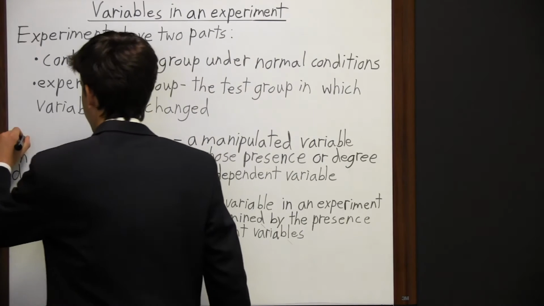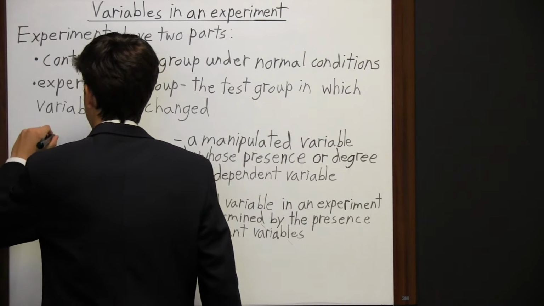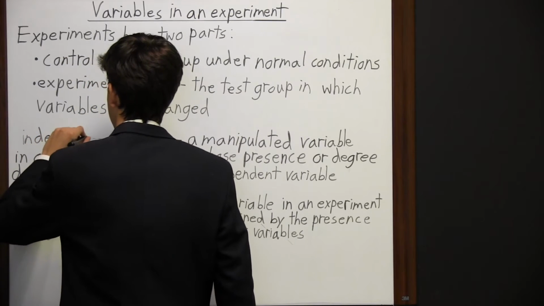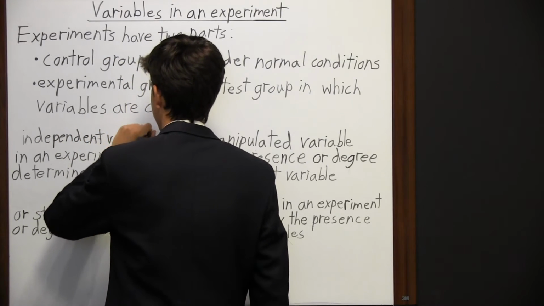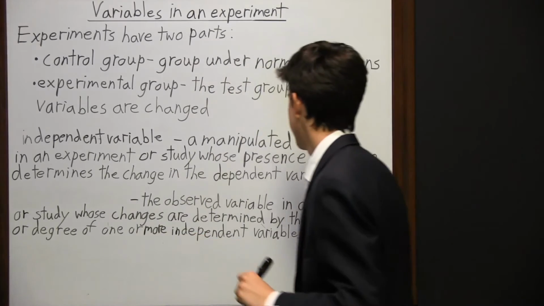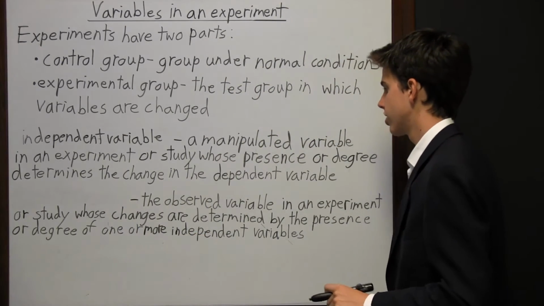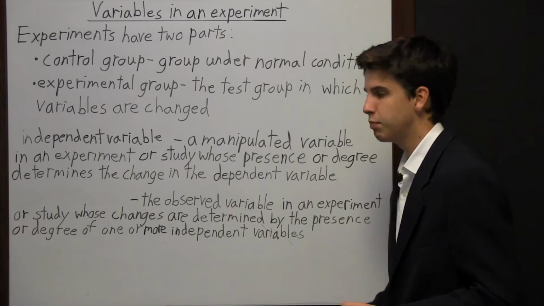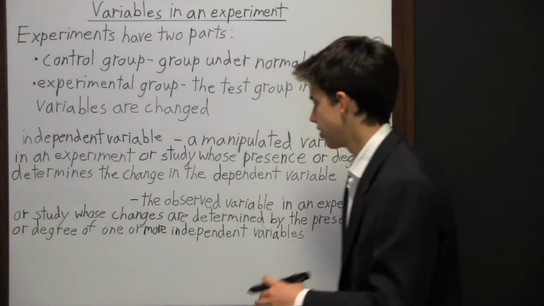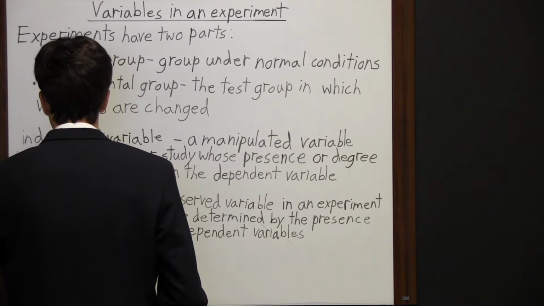So we start out with the independent variable, which is a manipulated variable in an experiment or study whose presence or degree determines the change in the dependent variable. And so then that leads us obviously to the dependent variable,